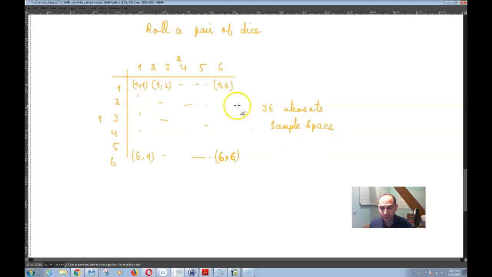Now, having this sample space in mind, we have these three events here, the first being the sum is greater than 8. Over here the sum cannot be greater than 8 because you can go all the way up to 6 plus 1, which is equal to 7. And then 2 and 6 would be 8, which is still not greater than 8. And 2 and 5 is 7. So the first 2 rows, we do not